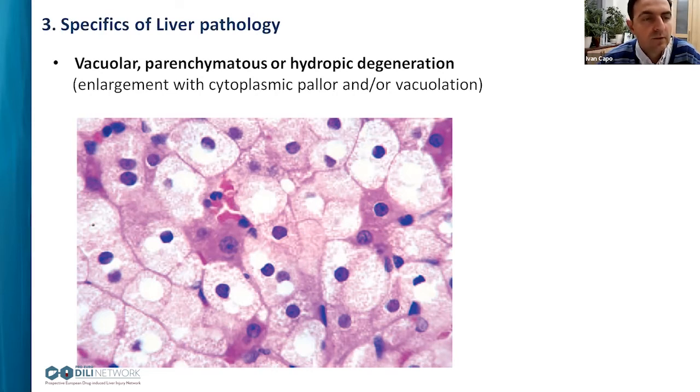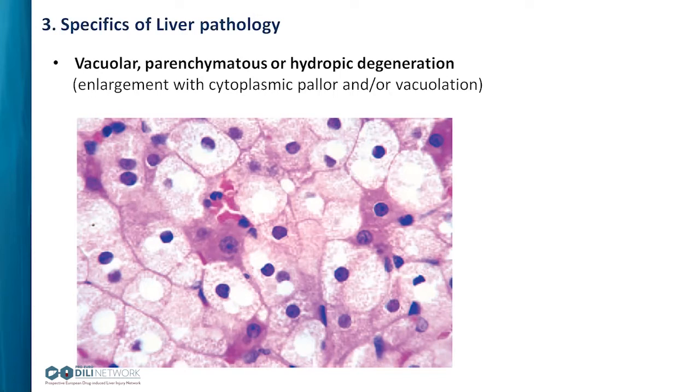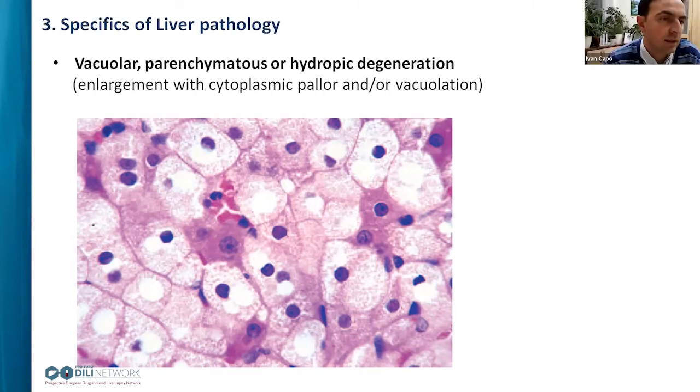Sometimes we can find that these changes are completely reversible, and after treatment and some time has passed, we can actually expect that these hepatocytes completely become better and they do not die at any time. So we have reversible changes inside the liver. We have just an accumulation of water inside the cytoplasm, but this is not one type of